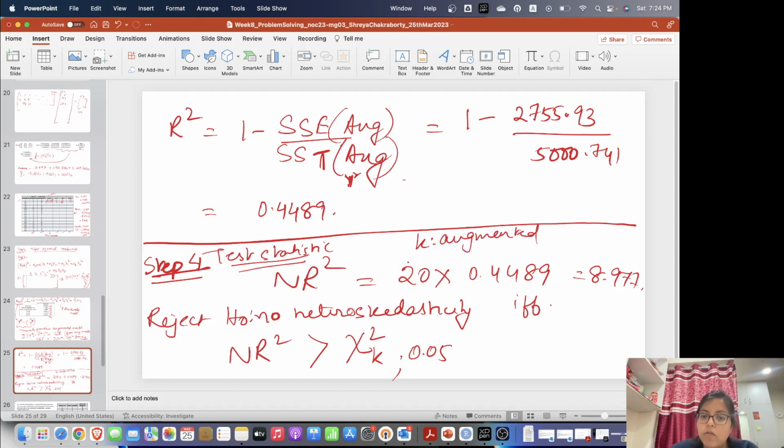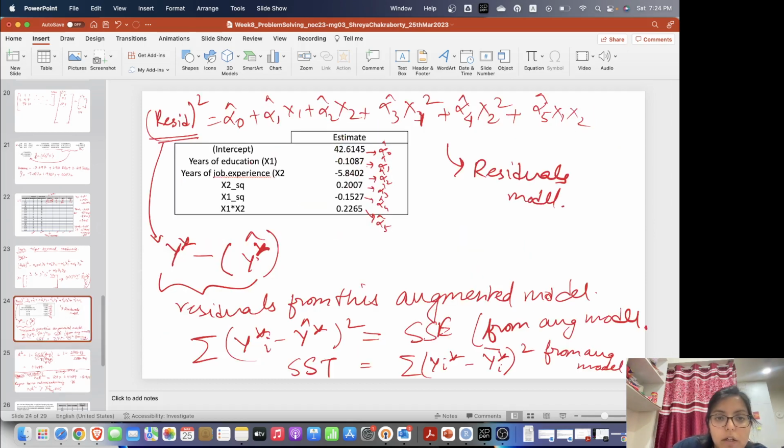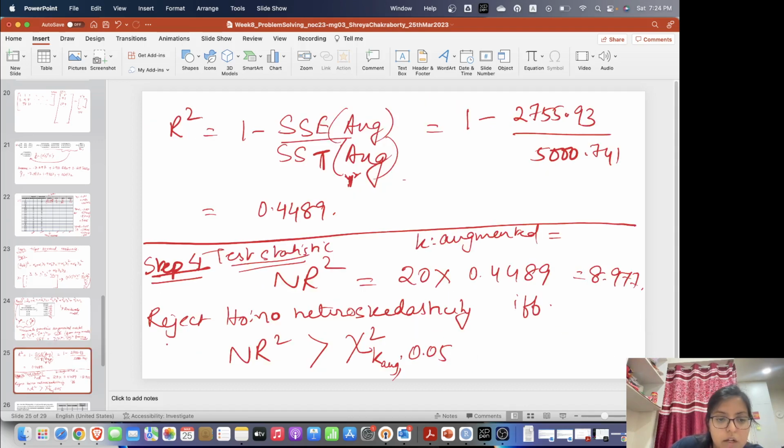So everything now we have to do in terms of the augmented model. So k aug I am going to write. K augmented is the number of predictors in the augmented model. So how many predictors do we have in the augmented model? The intercept term is not a predictor. These are the predictors: 1, 2, 3, 4, 5. So here k augmented is 5. So we have to find out chi square 5, 0.05. So this value is